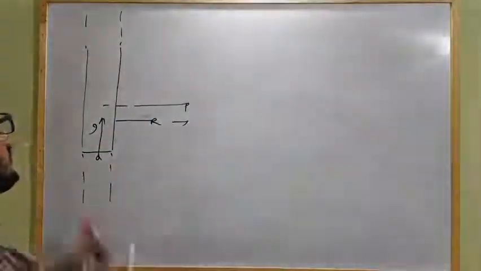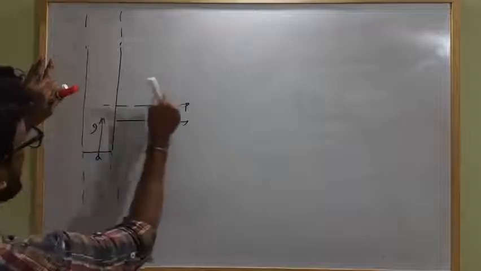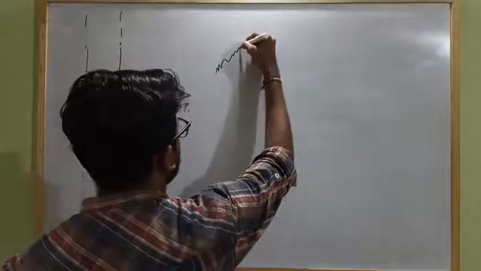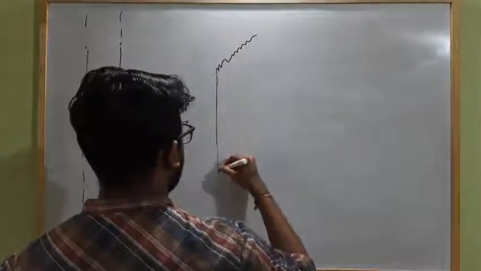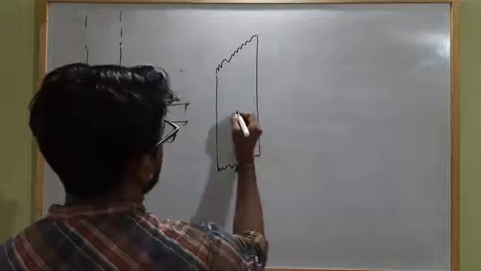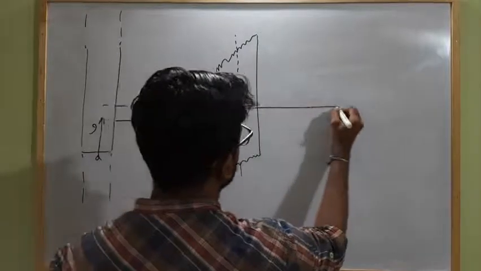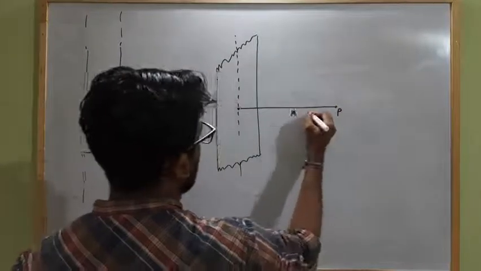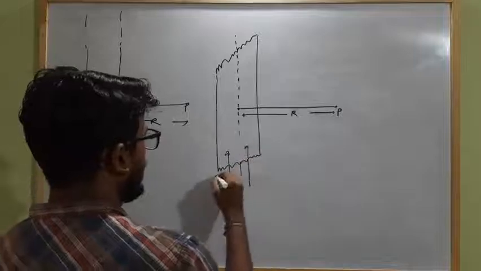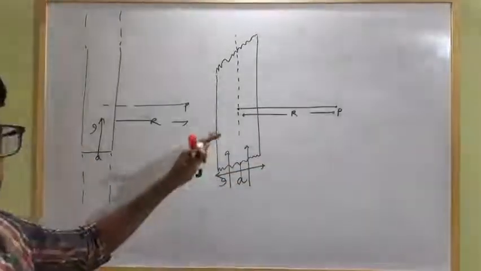So now if this flat strip is vertical and the point of observation is on the perpendicular bisector of this, assume there is an infinite flat sheet like this, and here is the bisector, and from this center here is the point of observation P which is at a distance R. Now current I flows along this like this, and its width is A. Now find the magnetic field strength at this point P. Can you imagine the figure?